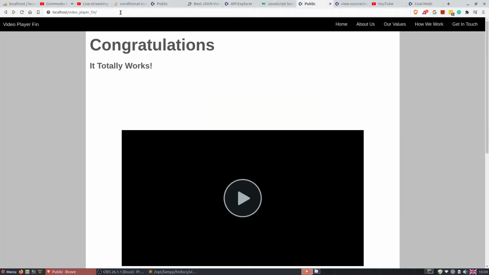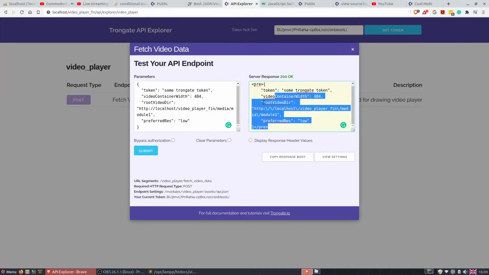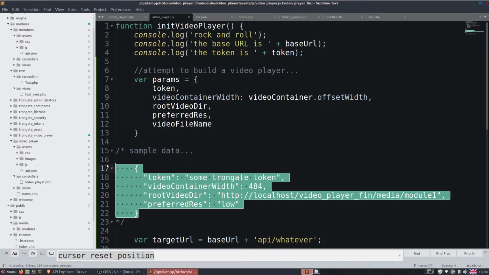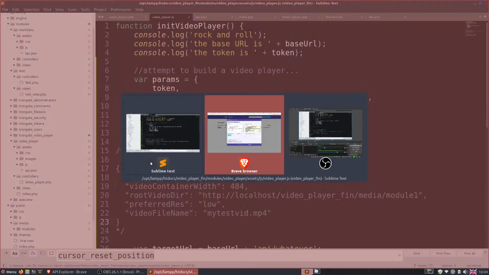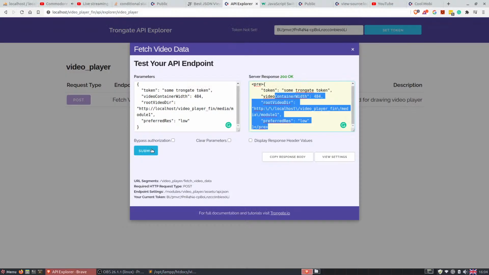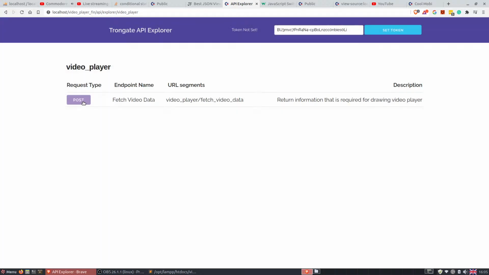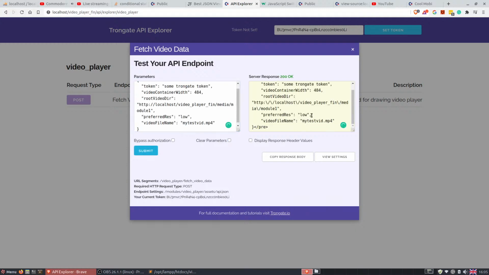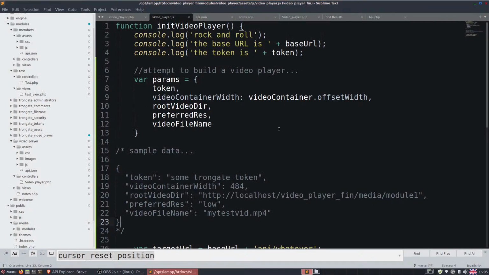So, okay, preferred video file name, right, good, we've got that. So, the sample data is actually something like that. And when we run this, there you go. So we've got everything, right? Okay, now